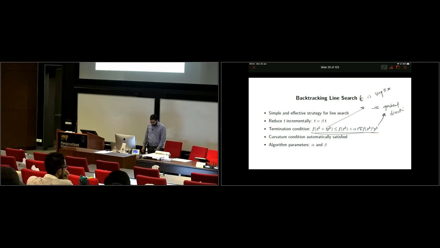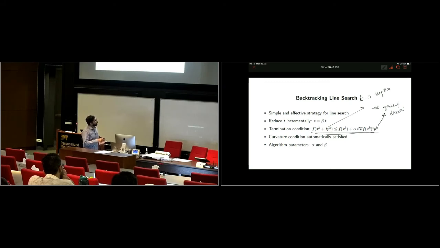Okay, and it says that a step is only valid if the function value at the point which you go to when you take the step is less than this value.